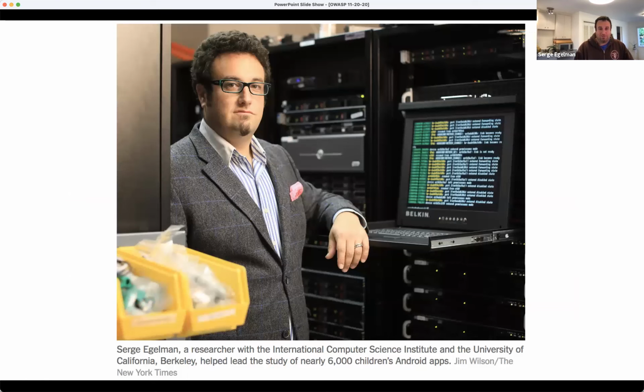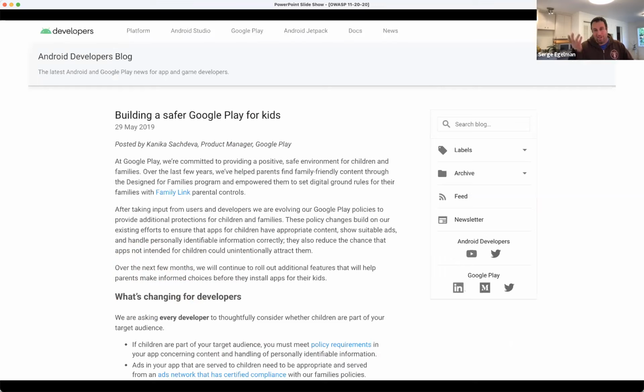The New York Times sent a photographer who opened up my office door and said, too many plants, not enough blinking lights. So I got to go to the machine room for the first time. It was fun. More importantly, though, about 6 months later, Google actually passed a policy change saying that, as a result of some of this research, they're strengthening protections and creating more obligations for developers in the process.